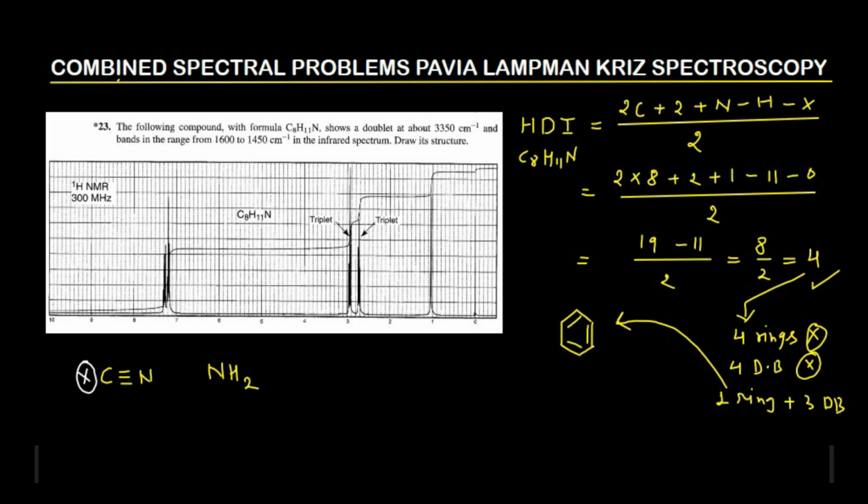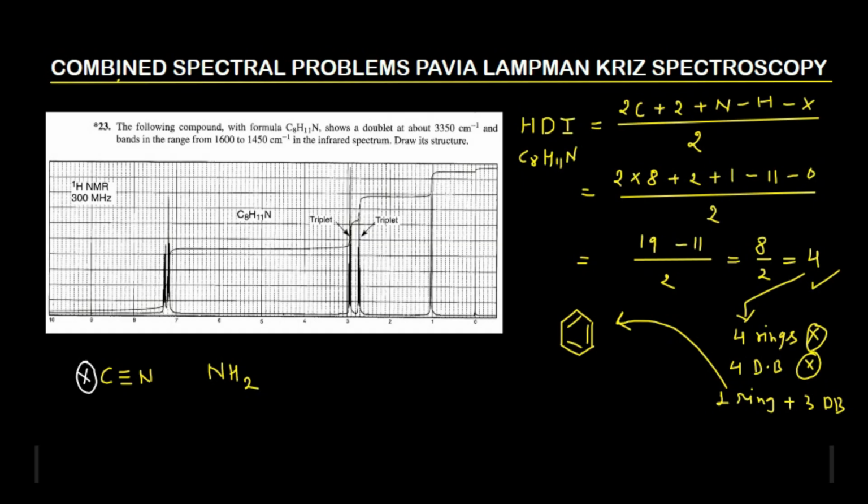Why? If CN is present along with the benzene ring, then the hydrogen deficiency index must be 6 or 7, which you can calculate, but it is only 4 here, right? So that means the cyanide is not there. And one more very important thing is that if cyanide was present in this compound, then definitely we would have